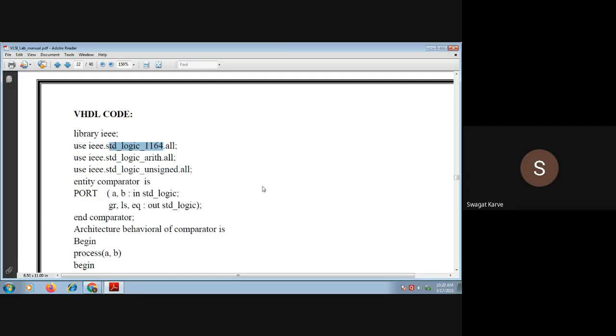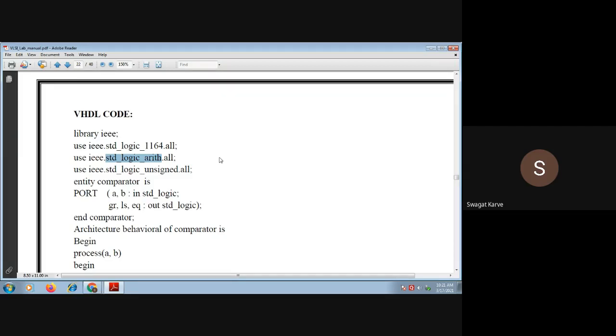And that's why the point you should remember here is that along with this std_logic_1164 package, you have to use the arith package also, std_logic_arith. This is also one of the packages.